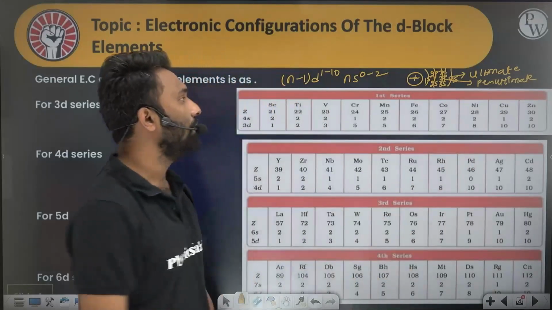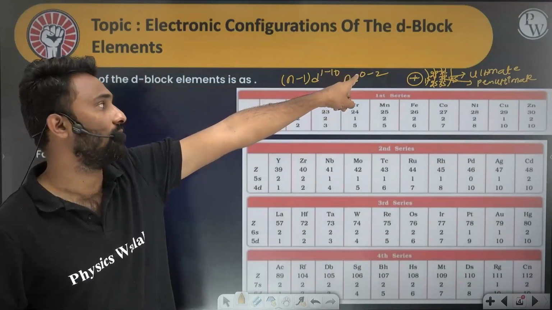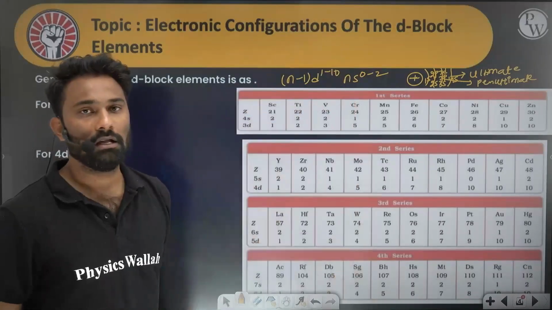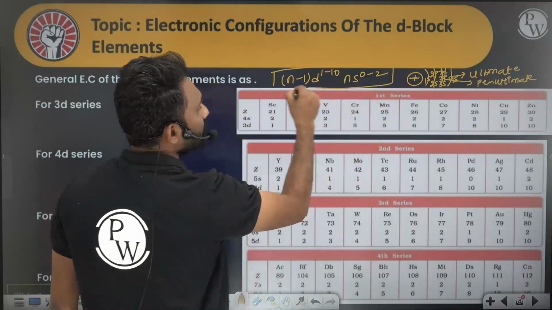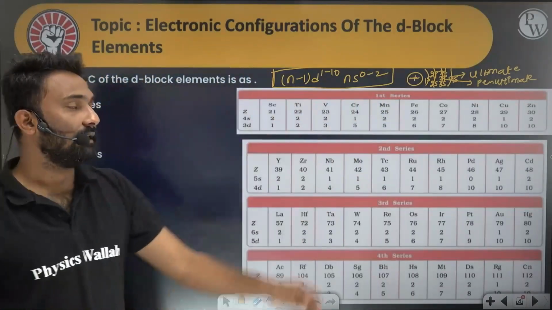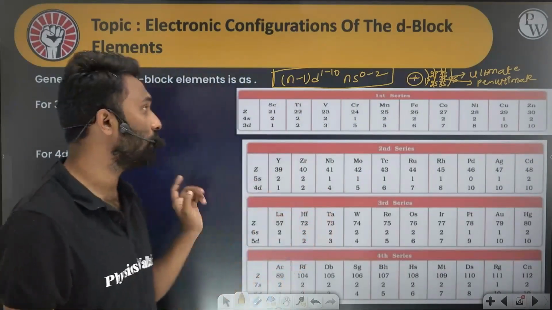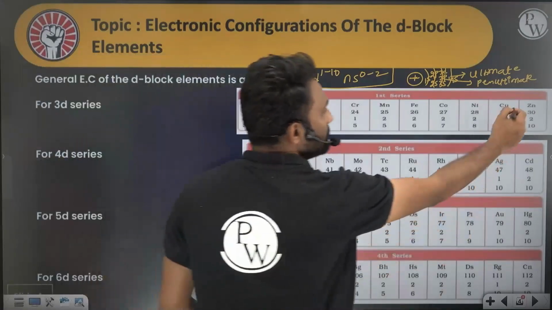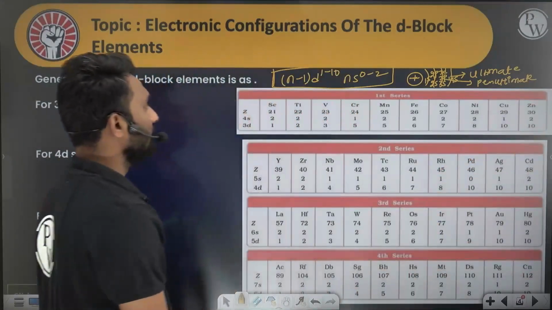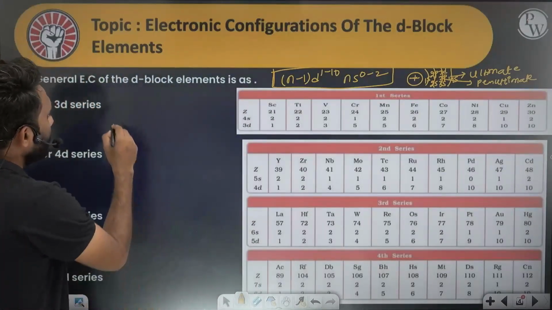Okay, now this is the general electronic configuration of the d block elements. Here d block elements will start from the fourth period. In the fourth period, what is the starting element? Scandium to zinc. Now here for the 3d series the general electronic configuration is